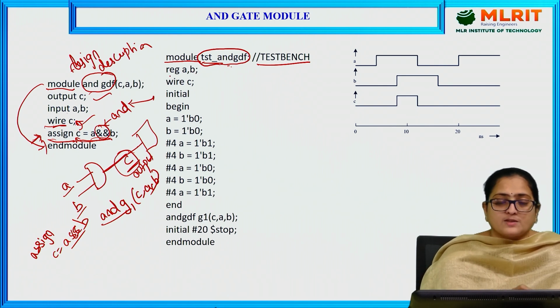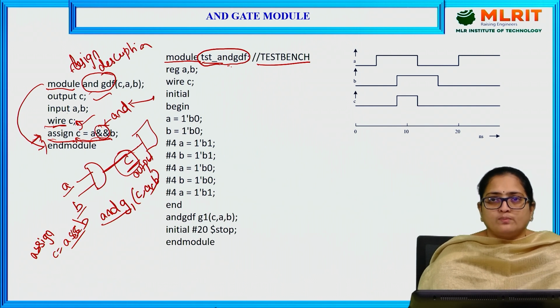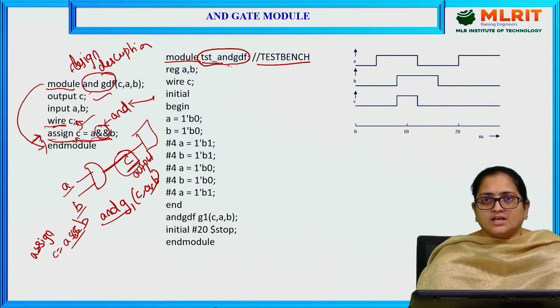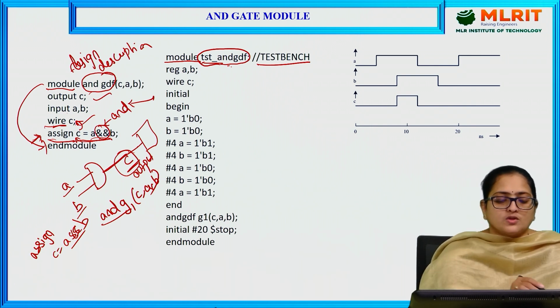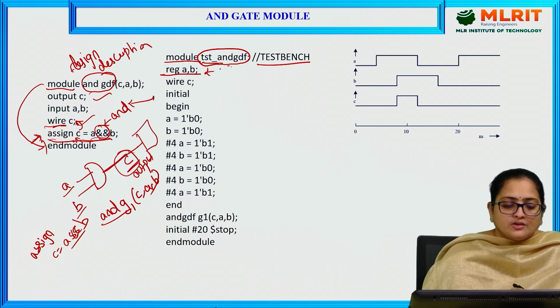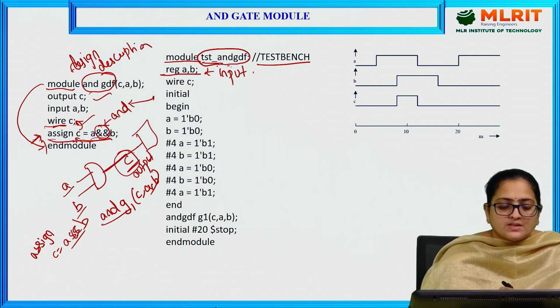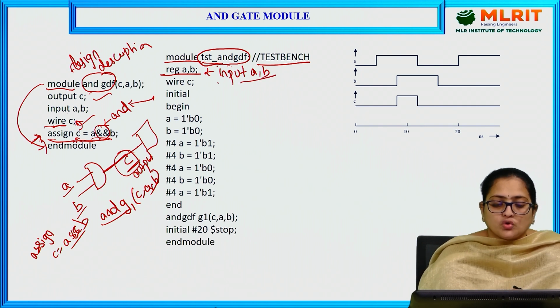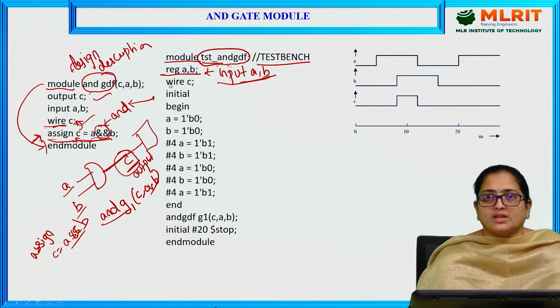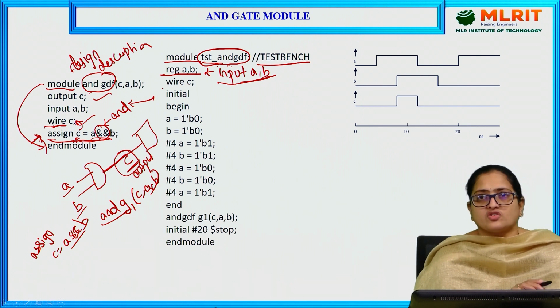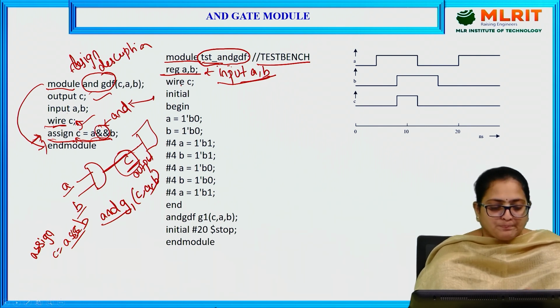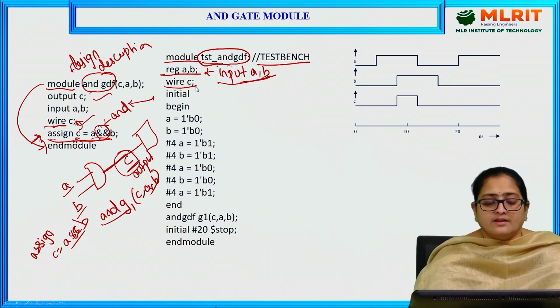As a test bench is generally written to check the outputs for different input values, you need to store some data in the input variables. To store values in variables, I am using a keyword called reg, that is register, to store n number of values in a variable. So, reg A, B. I am using inputs A and B in the design description, so these inputs are declared here with the keyword reg. Next, wire C and initial.